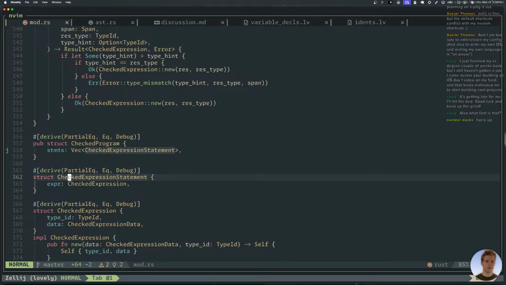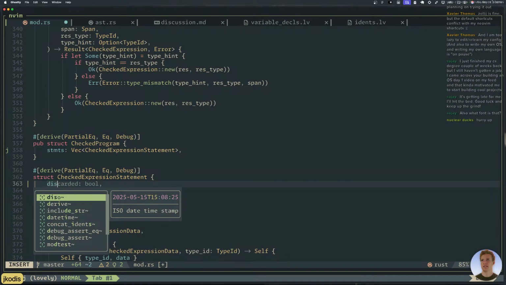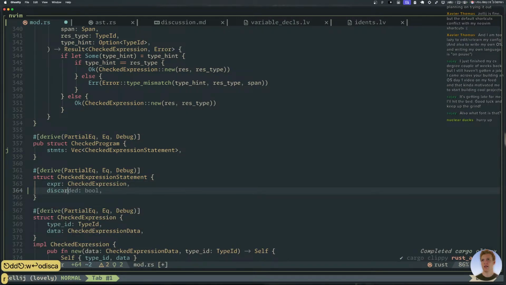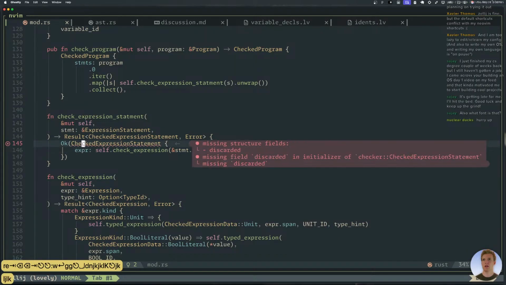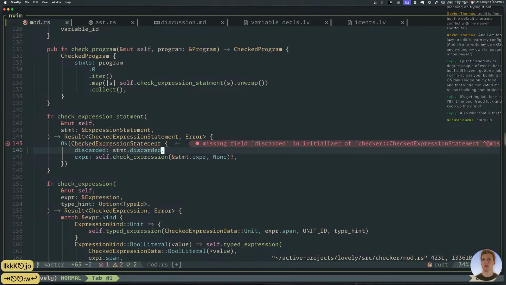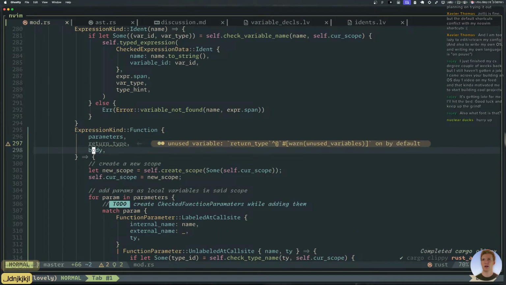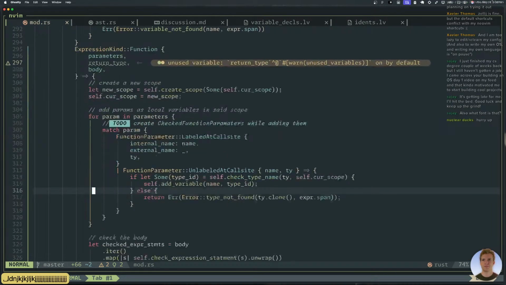Discarded needs to be a bool. And we need to pipe that through. There we go. Okay. So now it has a discarded.